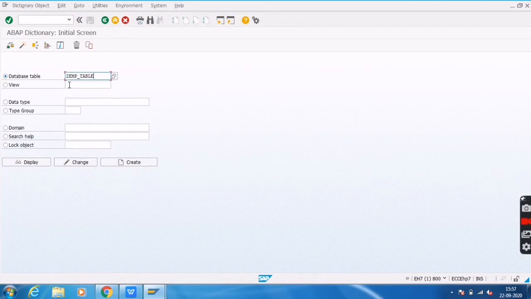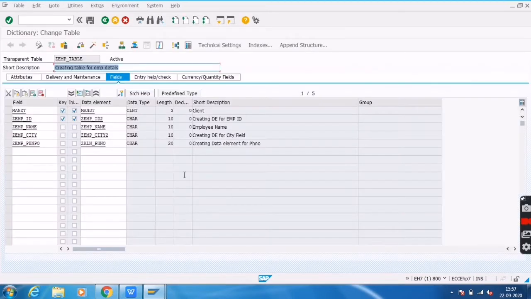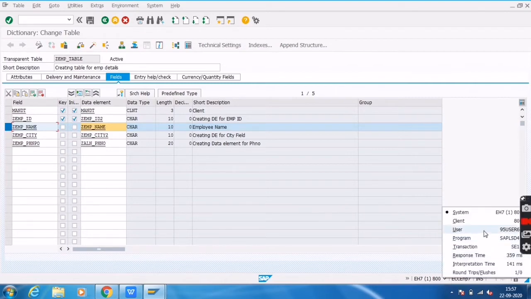This is my table which I created in previous classes. This is my employee name field. I don't want to enter my employee name. I want it to be filled automatically when I click the save button. Suppose I want to store the username. How can we achieve it? I will show you by using TMG events.